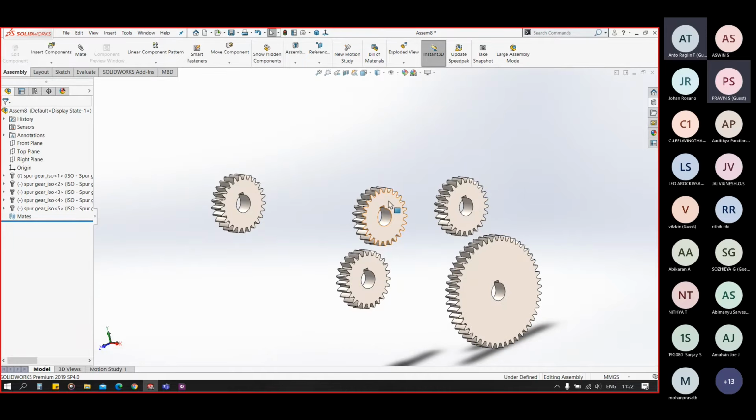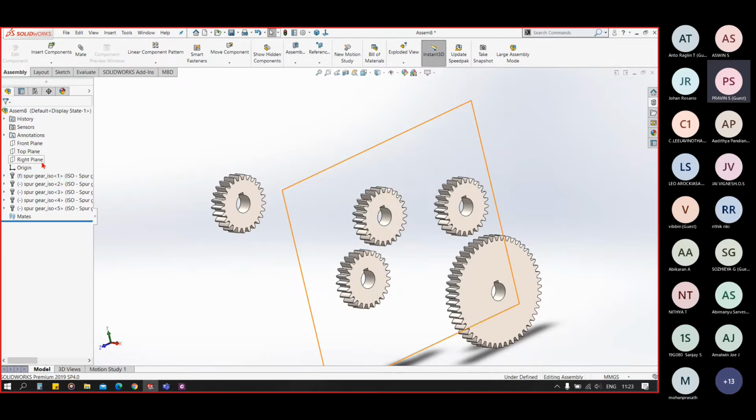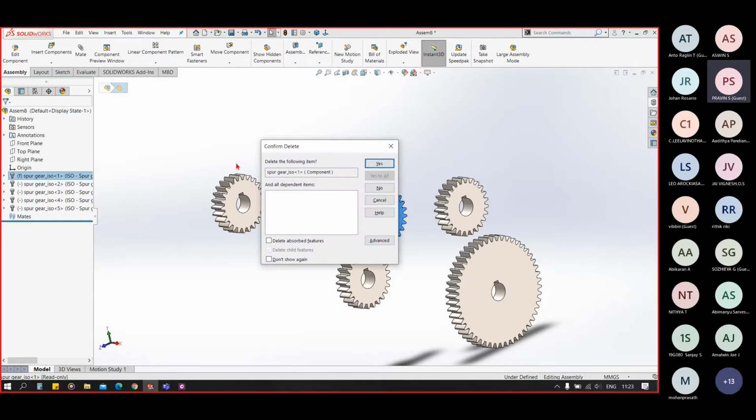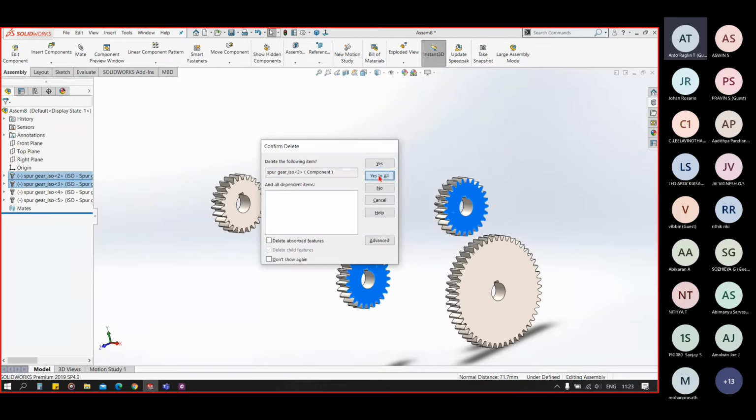As our first part is always fixed, you can see this gear is fixed. But in this case, we want to add a gear relation. So I will add a shaft in this assembly and I will fix that shaft. So I'll delete the remaining parts. I'll keep only 2 gears.